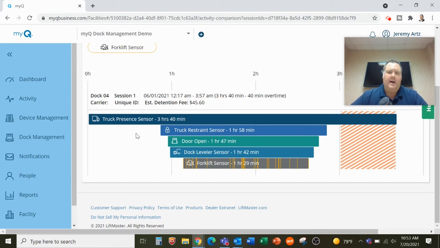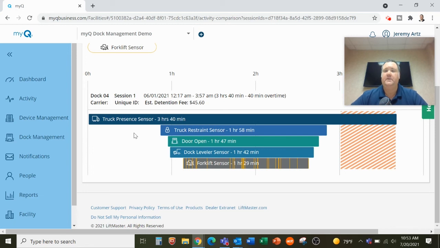Number one, I have the ability to set up a notification so you get a text or an email on your phone every time a truck shows up at one of your docks. Would you like me to do that for you? Will that help? And the dock operator might say, well, yeah, that would definitely help. But there's so many trucks coming and going that I might get dinged an awful lot on my phone,